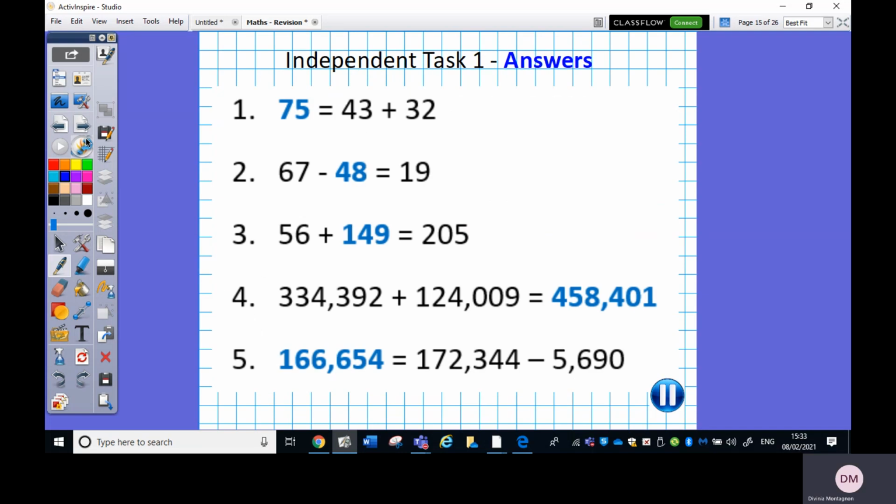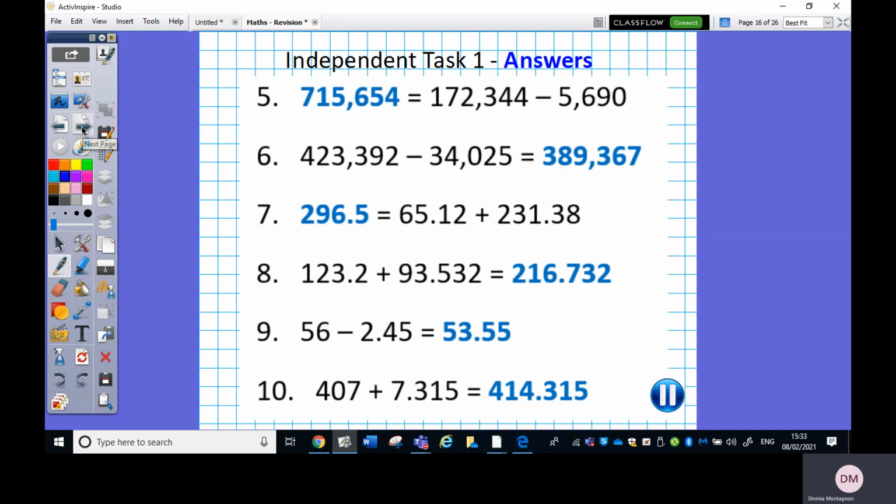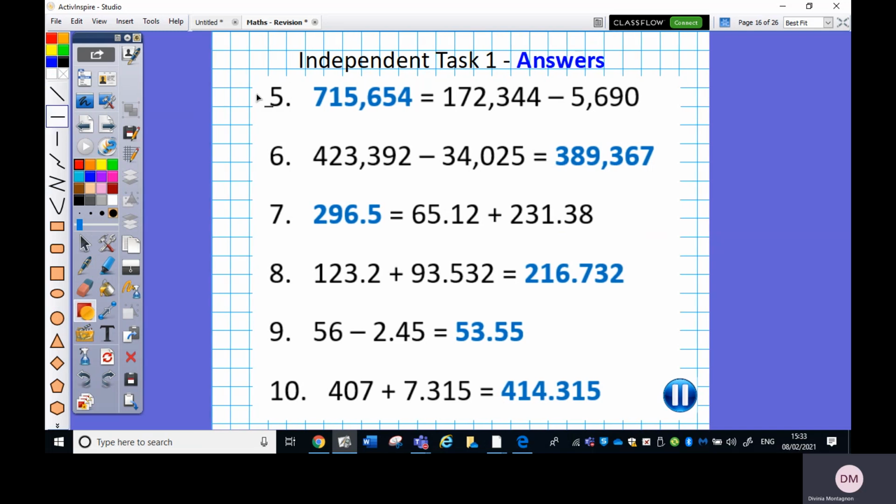Here are the answers. Number 1, 75. Number 2, 48. Number 3, 149. Number 4, 458,401. Number 5, 166,654. Next, number 5 is 7,100. Oh, sorry. That's the wrong answer. Let me just cross that out. We had the answer on the previous page. Okay, so number 6 is